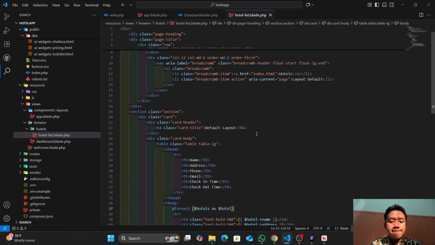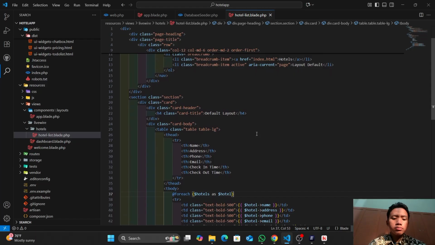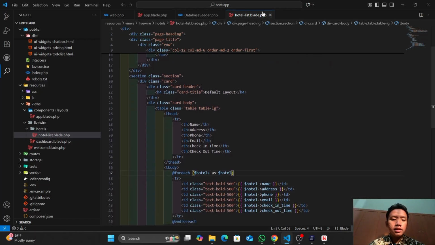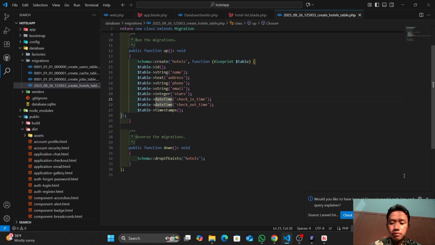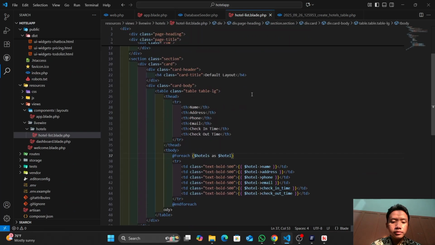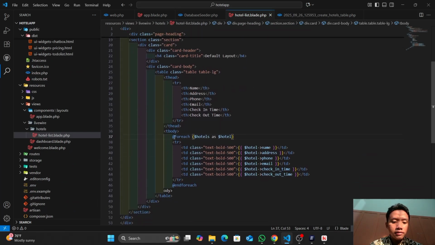So this variable, hotels, we have defined it in our logic, the hotel list logic. All right. So you have to define every variable that you will use in the hotel list logic.